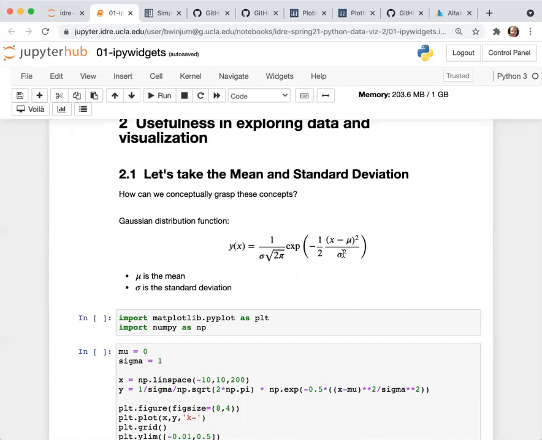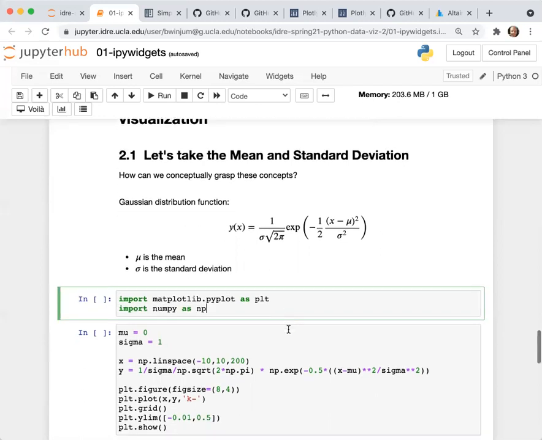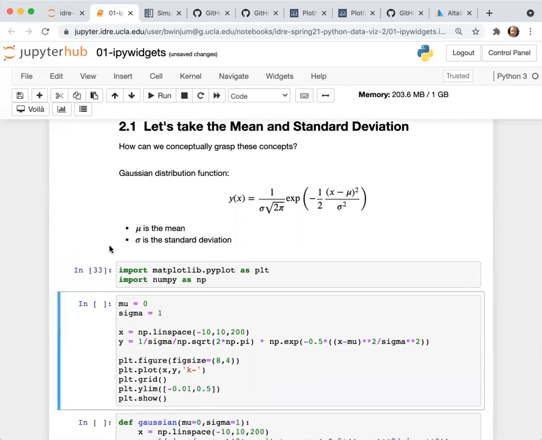Say you're teaching a class in statistics, and you want to plot this function for your students, but you also want to give them a good sense conceptually of what the mean and the standard deviation are, which are very fundamental concepts in statistics. The first cell I'm going to execute in this section is just importing the libraries.